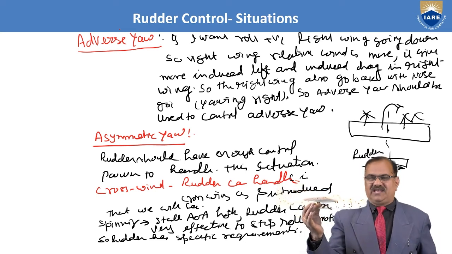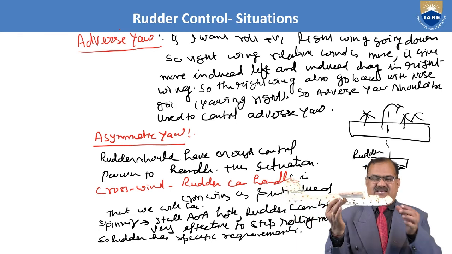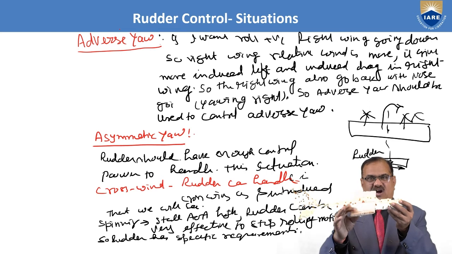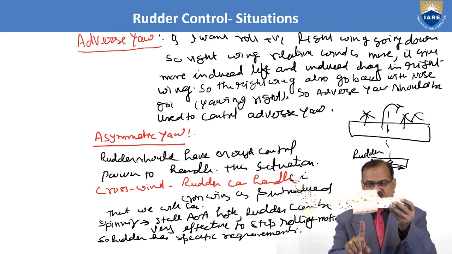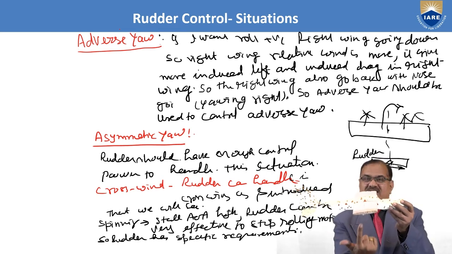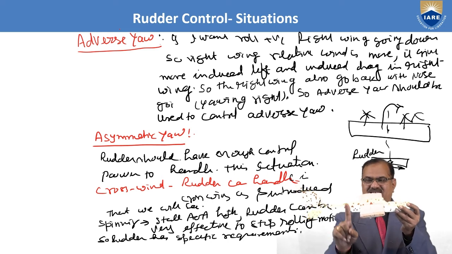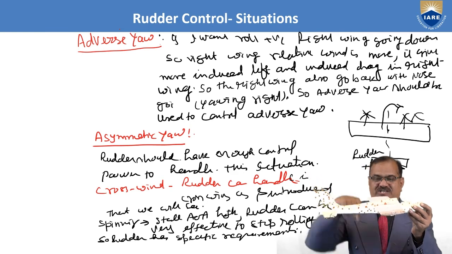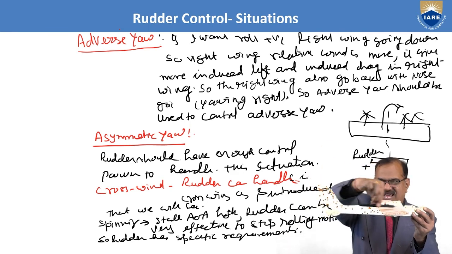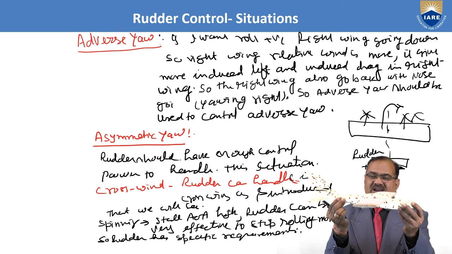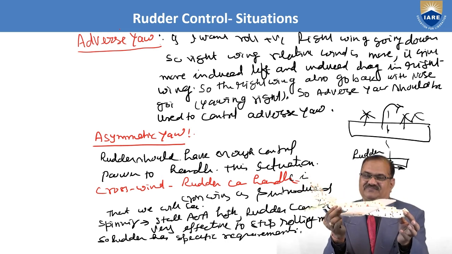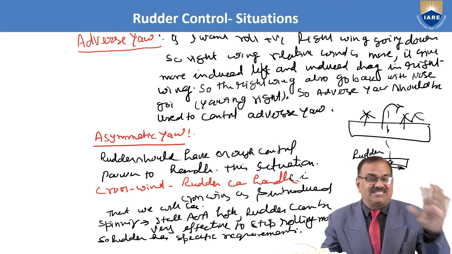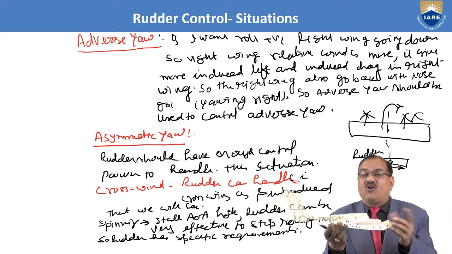Again, I am just explaining. Your aircraft is flying like this. You have rolled the aircraft right wing down. Due to rolling right wing down, the relative wind of this right wing is more and hits from the downside, so more lift will be generated. Due to this more lift, more induced drag is generated, the direction of the induced drag is in this direction, and your aircraft nose will go right. This is called adverse yaw, which you have not generated; it is generated by the rolling itself.